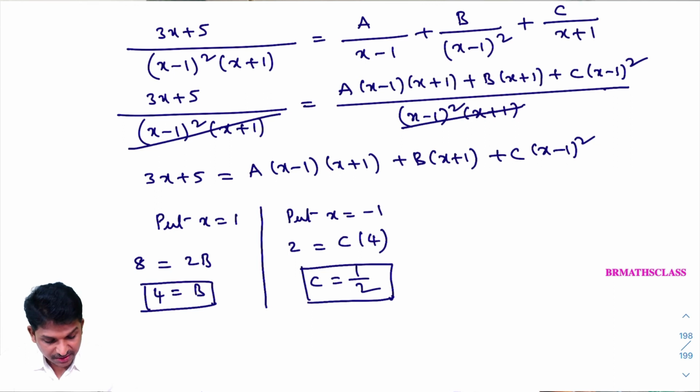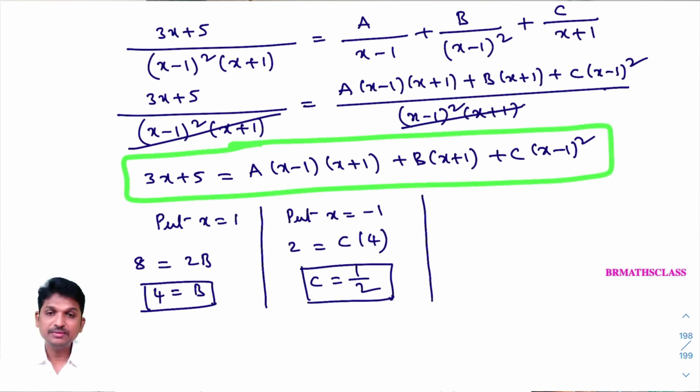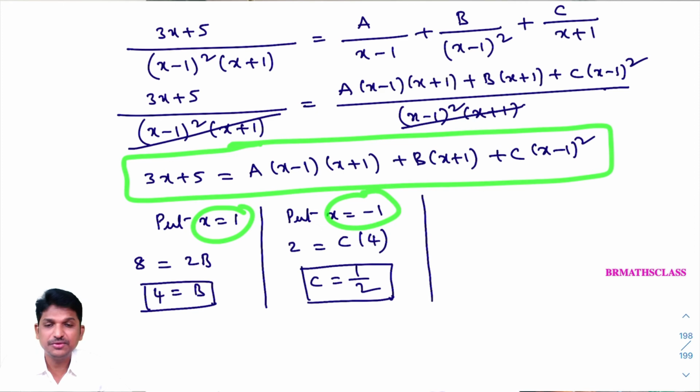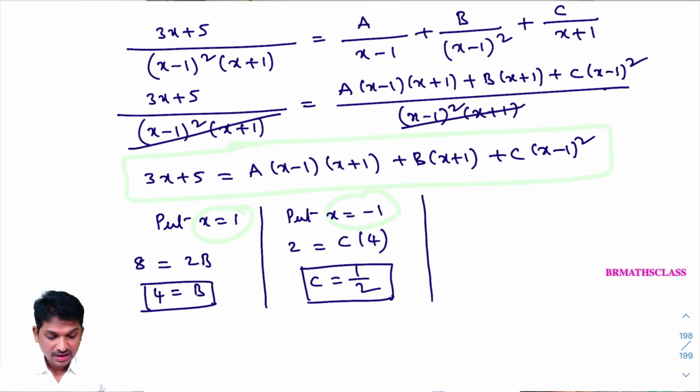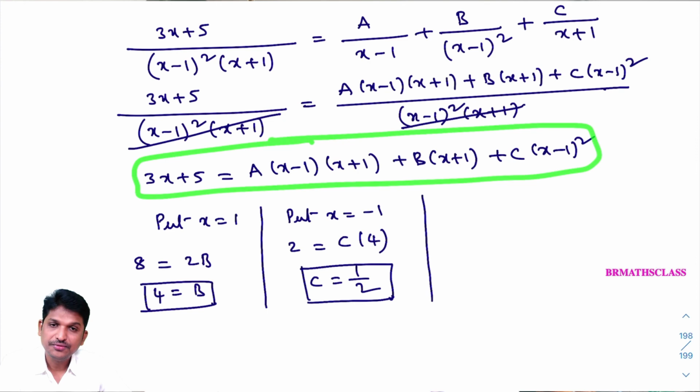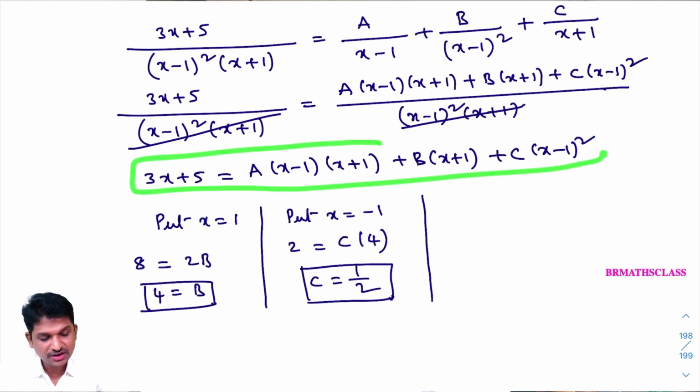Now I got B value. I got C value. What I need? Now I need A value. As I said in last problem also, like this only. You observe here. To get A value, any trick doesn't work. X equal to 1, x equal to minus 1, that type of things doesn't work directly. As this is true for all real values of x, I'll put x equal to 0 in this. Why x equal to 0? You can put x equal to 1 also. 1 already used, no? You cannot use 1. You can put x equal to 2. You can put x equal to minus 2. You can put x equal to 3. Any real number you can put. I'll put x equal to 0 because simplification will be easy.